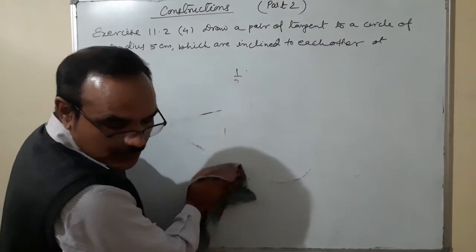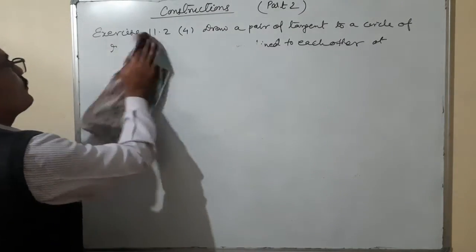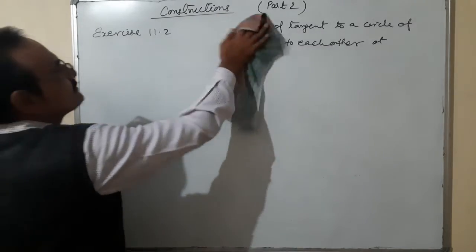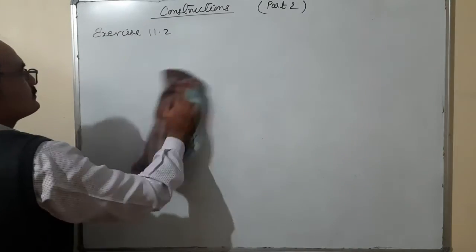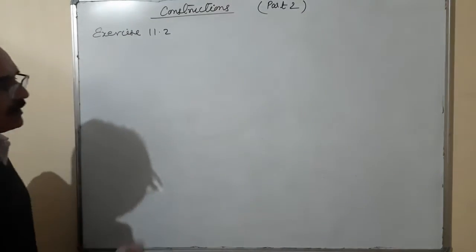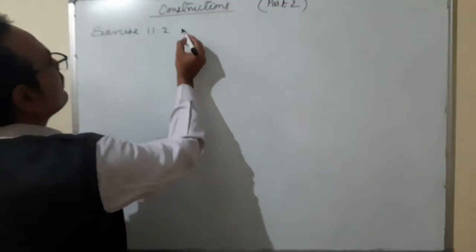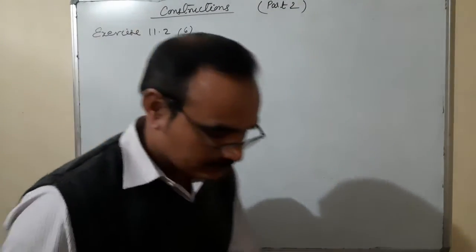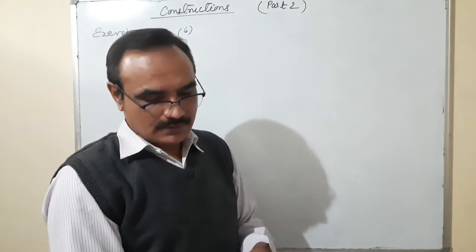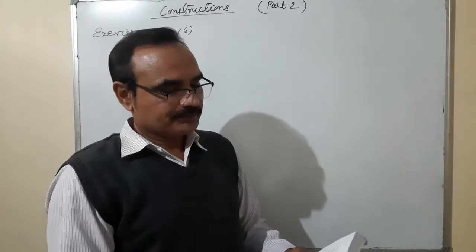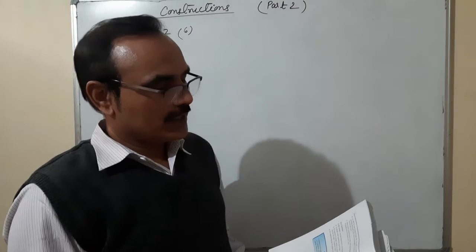Now I am taking question number 6 of this exercise. The sixth question has a very complicated diagram. Question number 6. On the next page, this is a question. Let ABC be a right triangle in which AB is equal to 6.